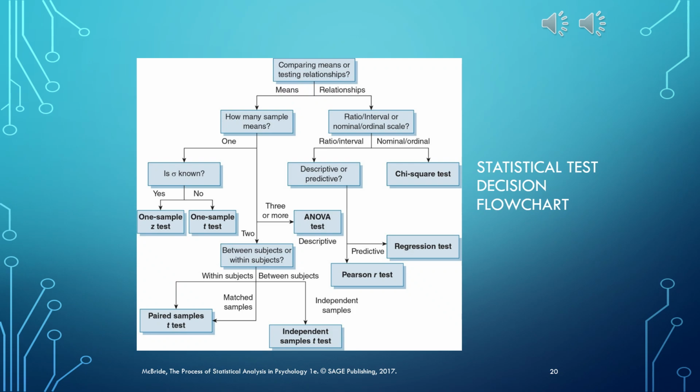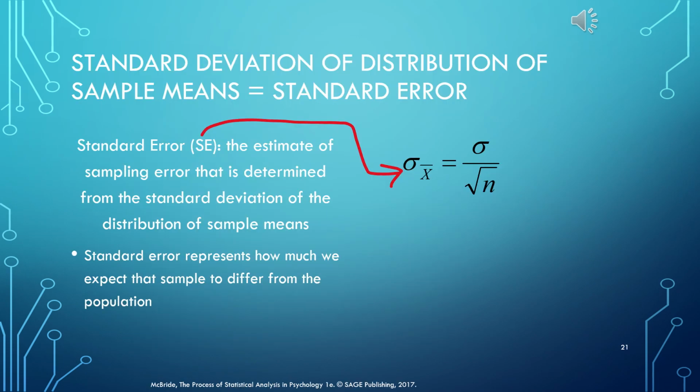This is a super helpful flowchart, and you'll want to keep it handy for the rest of the class because it'll help us understand when and why we are using certain statistical analyses. So in a one sample z-test, you've got to know a number of pieces of information. You've got to know the population standard deviation. You've got to know the sample size that you have taken, and that'll allow you to calculate the standard error. So we've seen this slide before. The standard error is basically the standard deviation of the distribution of sample means,